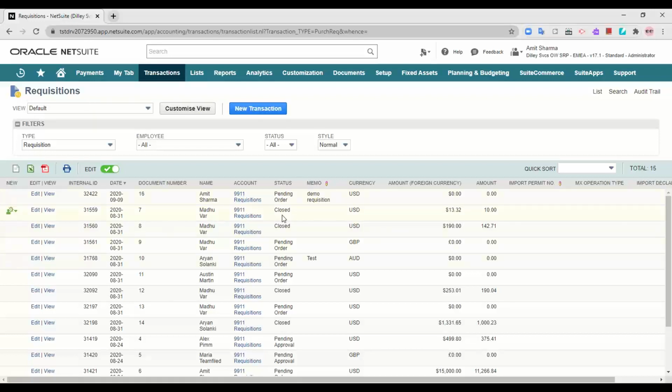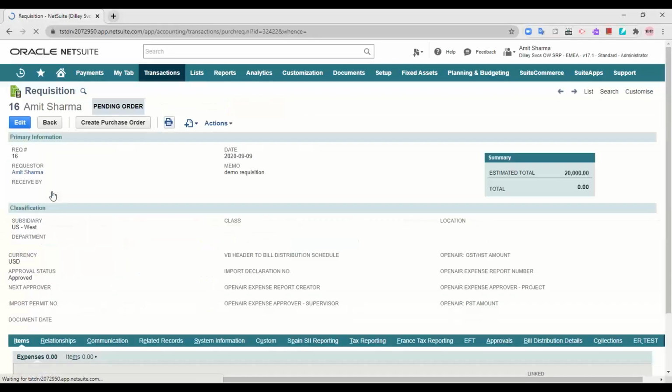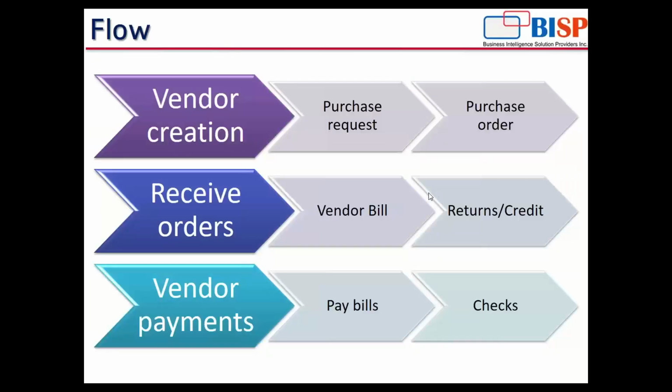This is the requisition that we have actually put up, and I am able to see it into my requisitions list. Now directly from here, moving on back to our application so that I'll be able to provide it to you. Yes, so now I have actually created a purchase request.